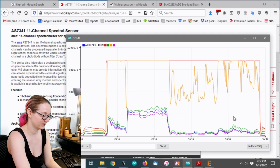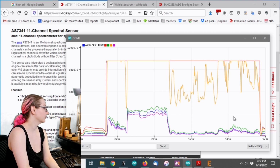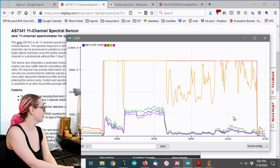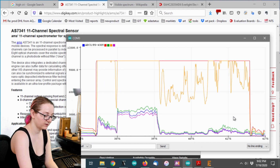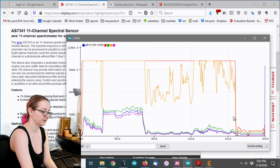Okay. Oh, shoot. I gotta unplug the sensor. Hopefully I can bring it back to life. Okay. So let's do another LED. You ready? Yeah. Okay, so this one,